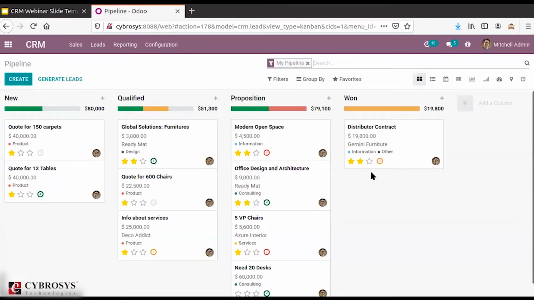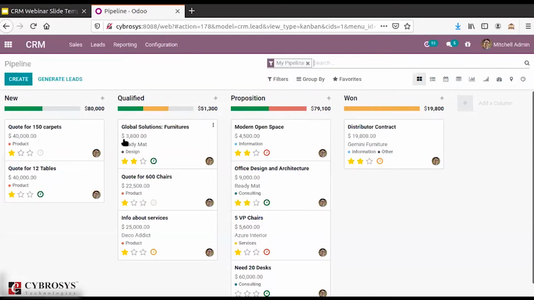When you open this module, you will see a pipeline where you get a quick glance at all the information regarding the opportunities that you have. Here you also have the different stages.